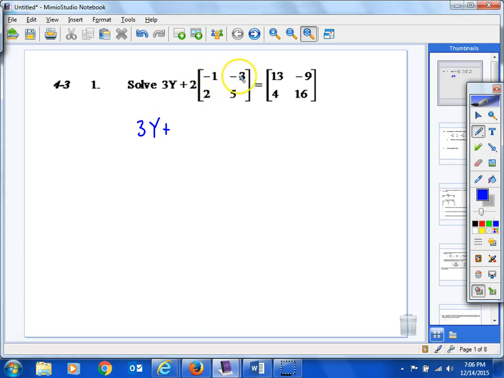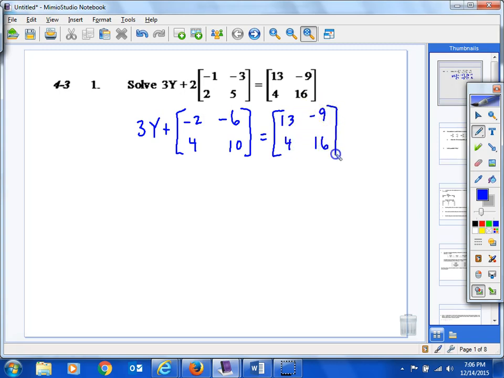So literally, it's like the distributive property with matrices. You just multiply 2 times every element. So that's -2, -6, +4, +10. Okay, we'll just do this a step at a time. All right, and just like in the past when we solved real number equations for a variable, we're going to